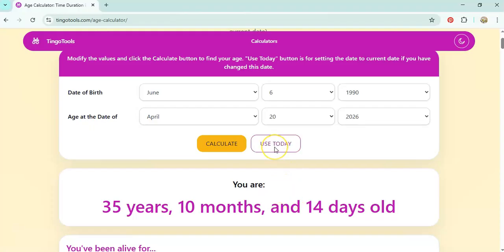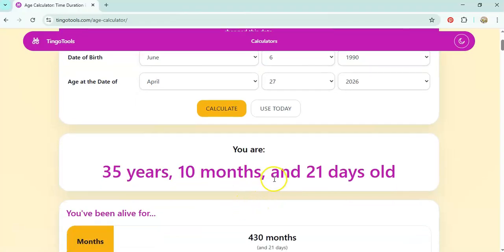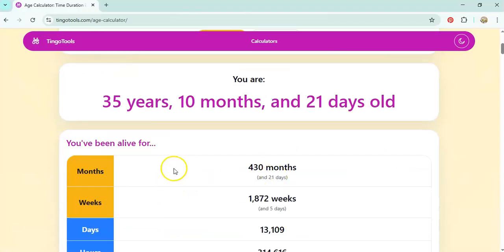And if you want to use the current date, you can use the Use Today button and it will show you the current date. So 27th April is the current date, and now we will check. So here you can see that you are 35 years 10 months and 21 days old, and it will also tell you